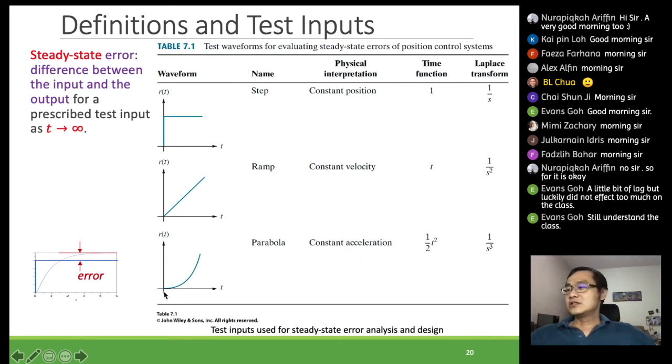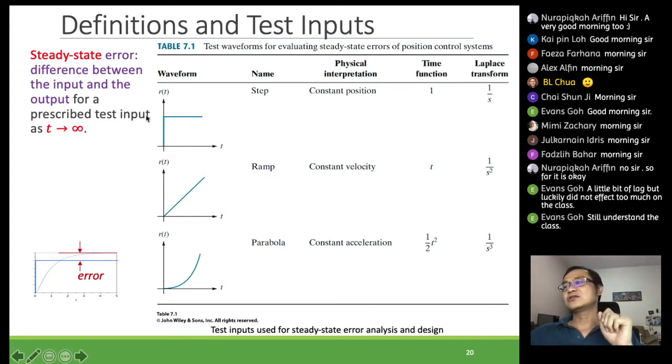Similarly, for the parabola, which increases exponentially, the time function will be t squared, and the Laplace transform will be 1 over s cubed. So the physical interpretation between them is that, if we are assuming this is a position control,